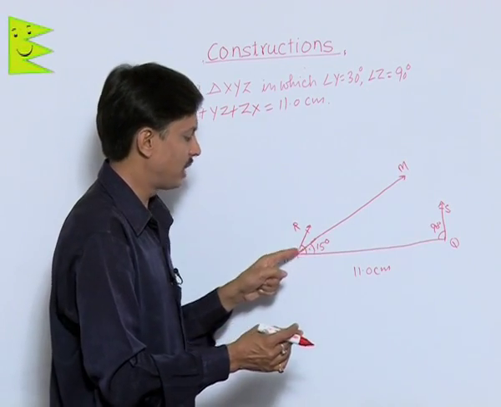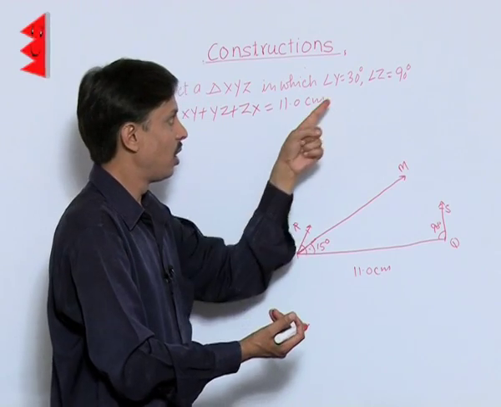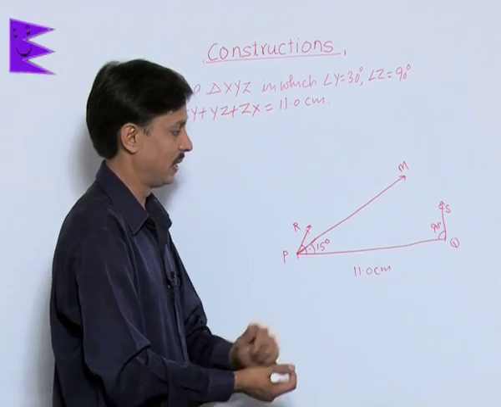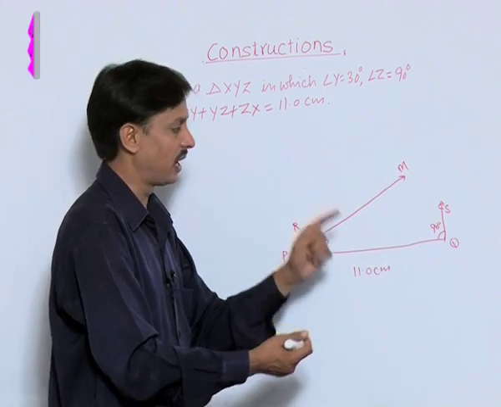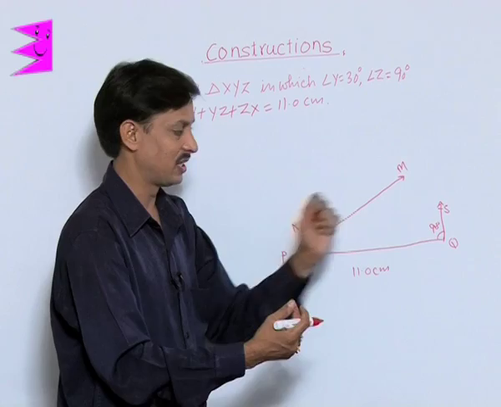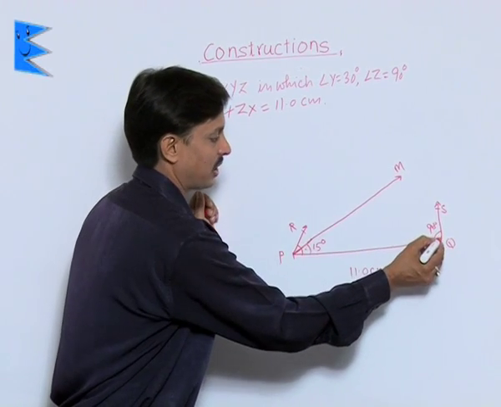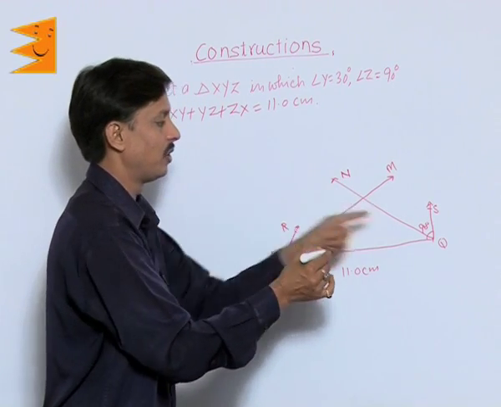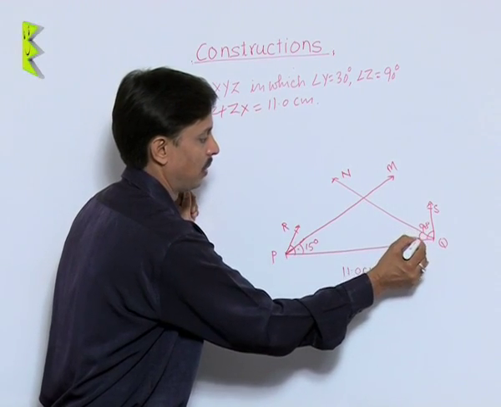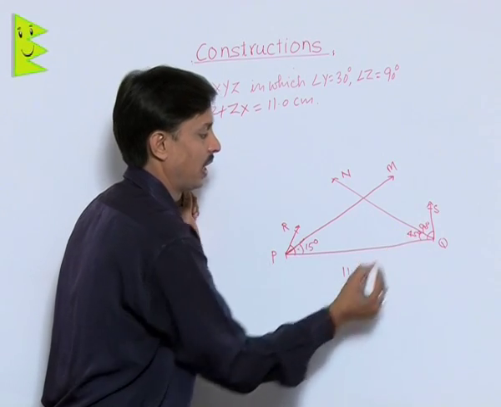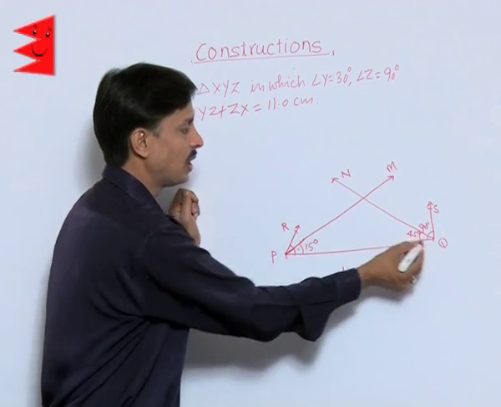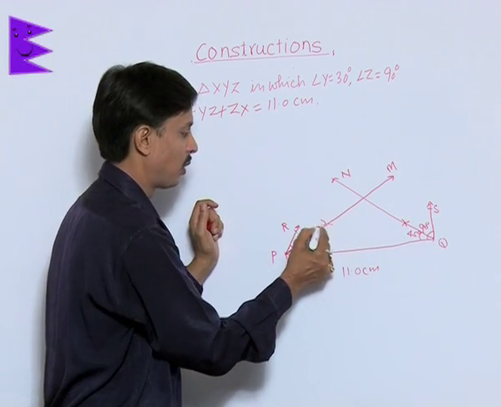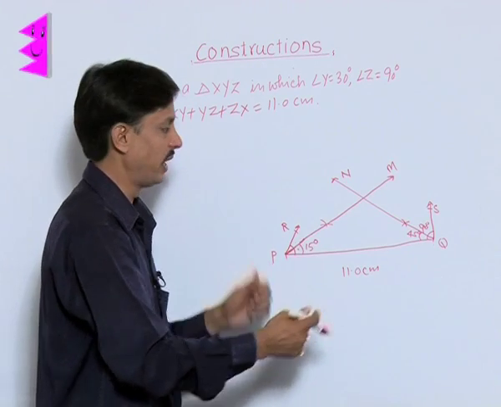What we have done is bisect the angle given at one vertex, one base angle. Now 90 degree is the other base angle, so again we have to draw the bisector of the second. The steps of drawing the bisector you know very well. This is the bisector, so this angle will be 45 degree, because angle PQS is 90. What steps we follow, I need not tell you again and again.